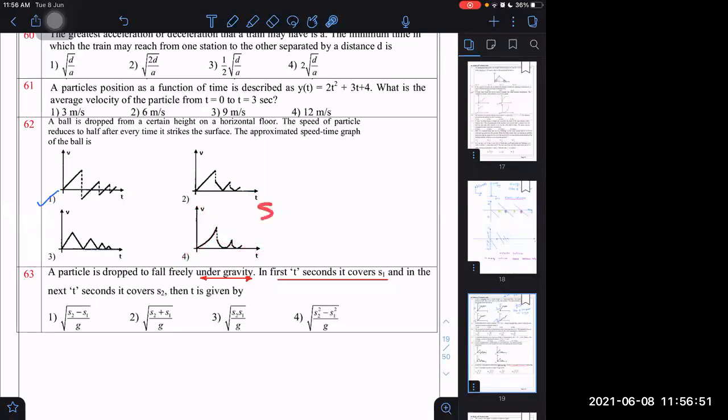Displacement versus time graph will be curvilinear, but velocity versus time graph will be just a straight line. Only just now we have plotted. So 1 is correct, 4 is wrong. And 3 is also wrong. What is wrong in 3? Tell me. Slope is changing, but you know acceleration does not change its sign. So slope should remain either positive or, if somebody has given with negative, that is also correct. That is also not wrong. But change of sign should not be there in the slope. This is completely wrong. Okay.